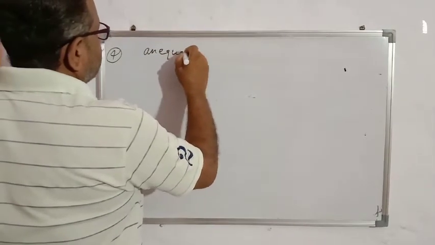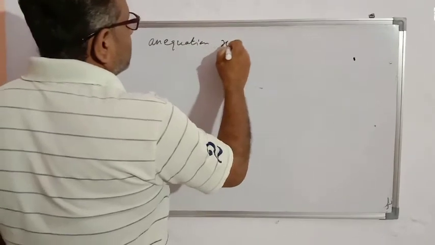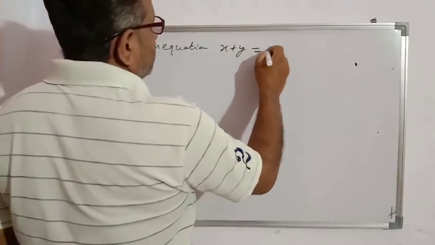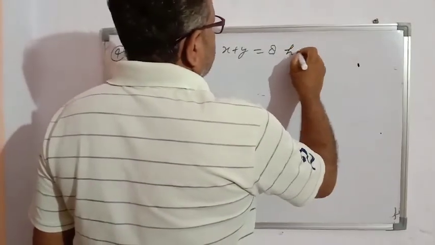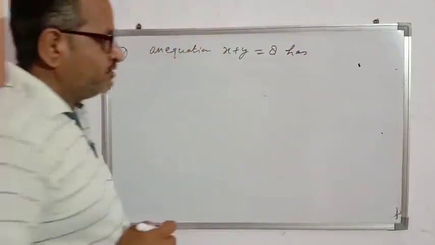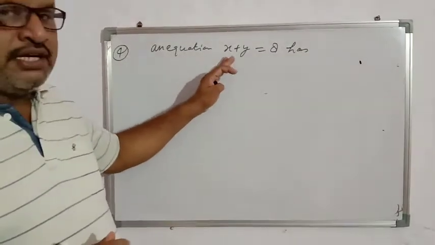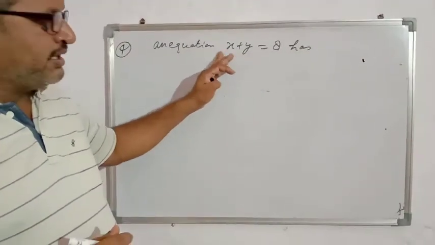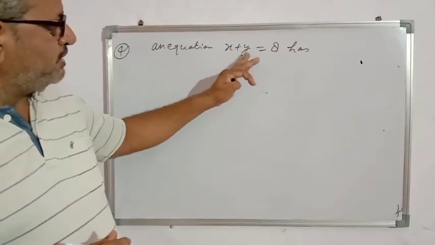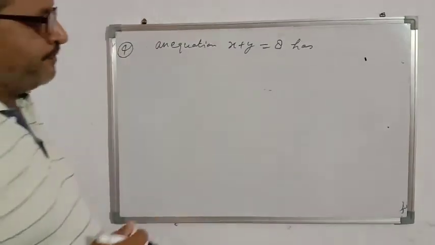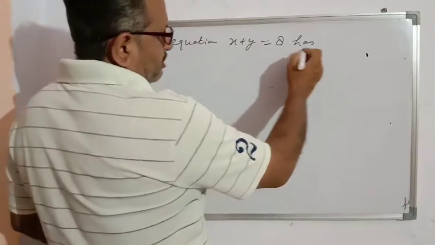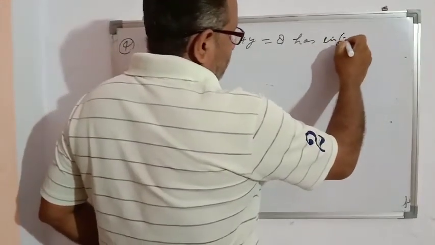An equation x plus y is equal to 8 has how many solutions? A single equation, a linear equation in two variables, x plus y is equal to 8. How many solutions are there? So x plus y is equal to 8 has infinite solutions,